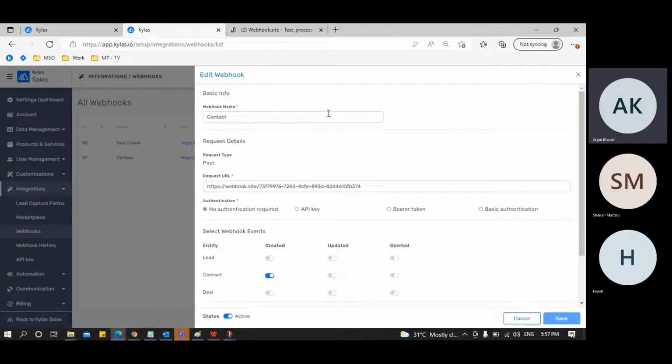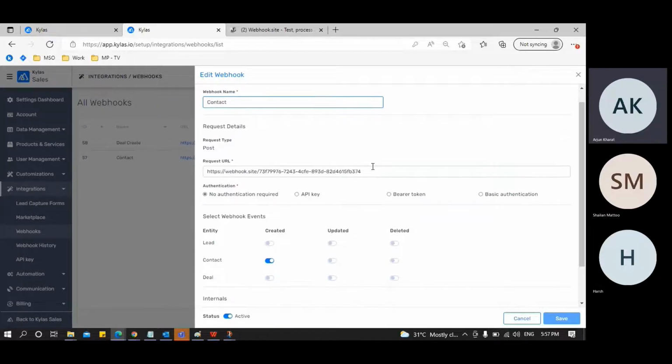Here we can give a proper name for the webhook, the way the event is set up, and the URL on which we want to post this information. As you can see here, the request type is already set as post. Then the authentication. As of now, I have selected no authentication, but based on the other end portal, you can define the authentication required, such as the API key or the bearer token or even the basic authentication